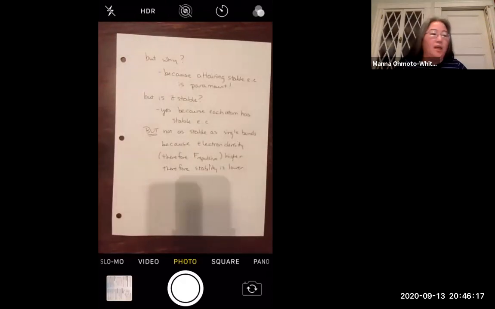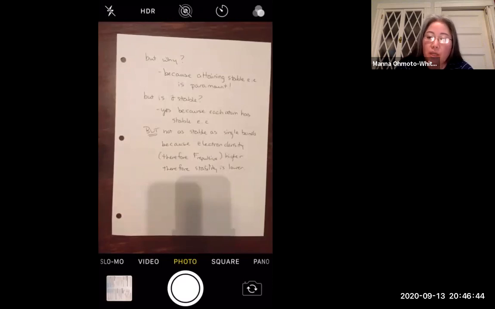Maybe you think, but that feels like it's cheating. It isn't cheating because remember that the first and foremost important thing is to attain a stable electron configuration. And if it needs to do so by compromising, and in this case forming a double bond, it will do so. So you may ask yourself, but is that stable? And the answer is yes, it is stable because each atom has a stable electron configuration and those electrons are